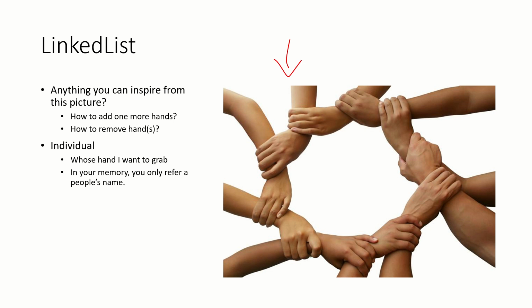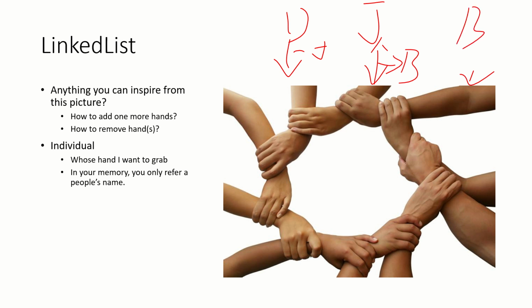David, the only thing you need to know is who's the next hand to grab his hand, right? So David needs to know, okay, Jim will be the next hand. So this is Jim, right? And Jim will know the next hand would be Bryce, right? Then Bryce needs to know Eric,